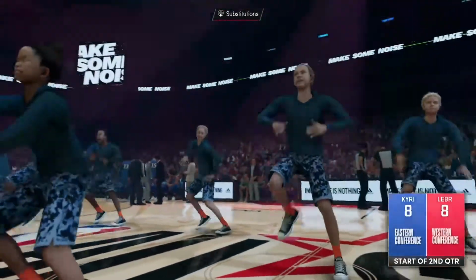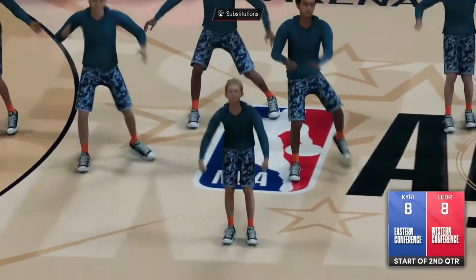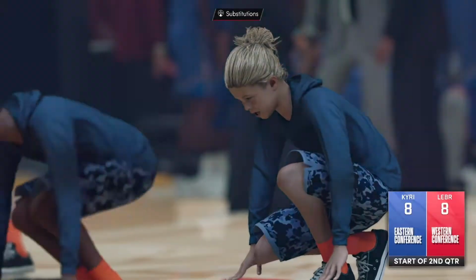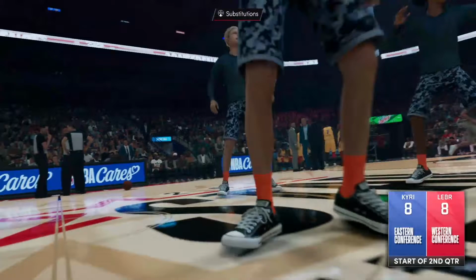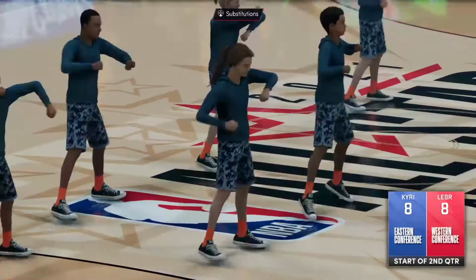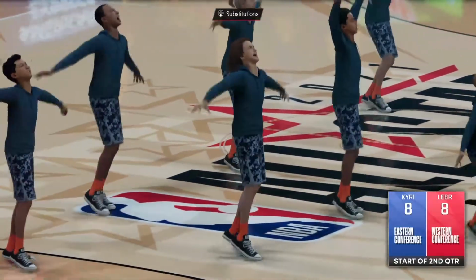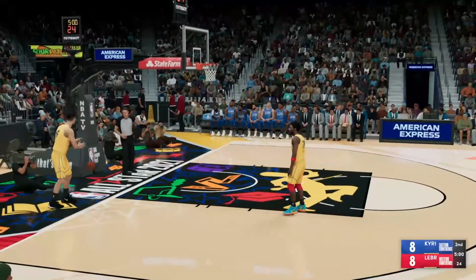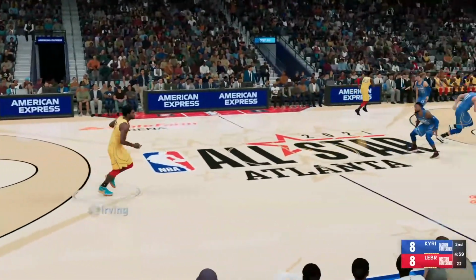And some good action in the books as we get back to the game that's been pretty close so far. And from what we've seen from the West All-Stars, what's your take so far? Well, in that first quarter, they were intent on just pounding the ball down low. Yeah, and it's worked. They've got a clear edge in points in the paint. Now we'll see if they go with a more balanced attack or just keep on pounding it inside.